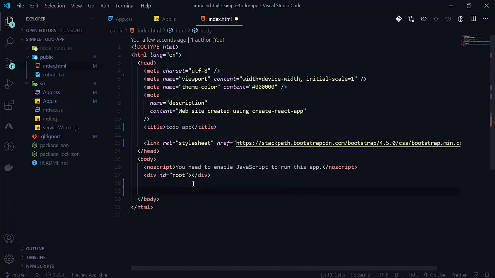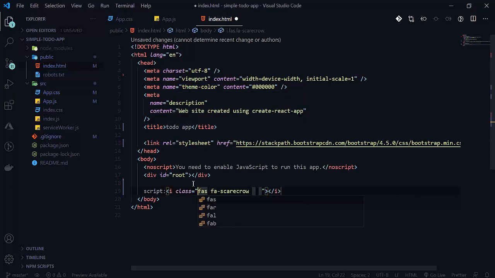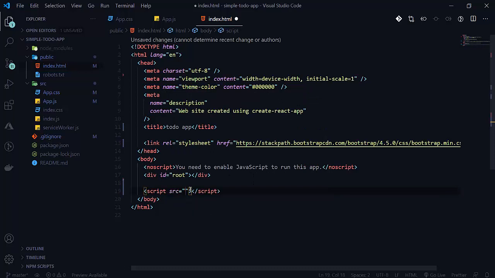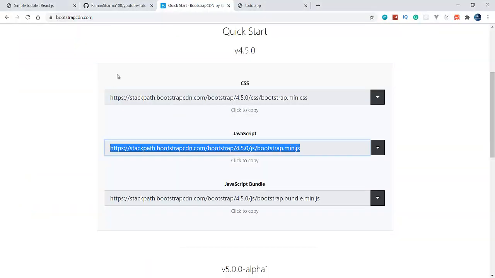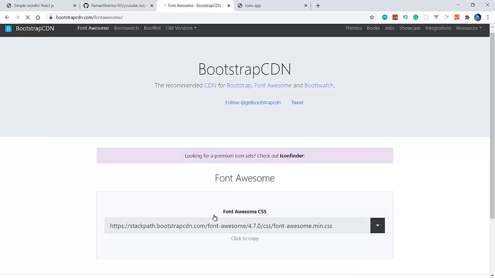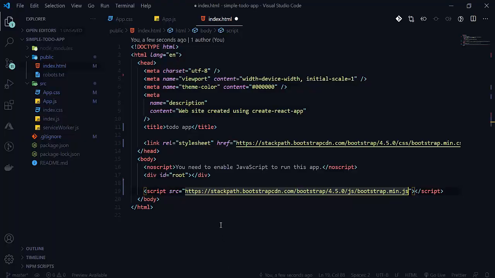So here will be script.src, script tag, script.src here, and simply write this. And then we want our font awesome here. So simply go here, click on the font awesome, and you will get the CDN for font awesome also. So here this, and go here,